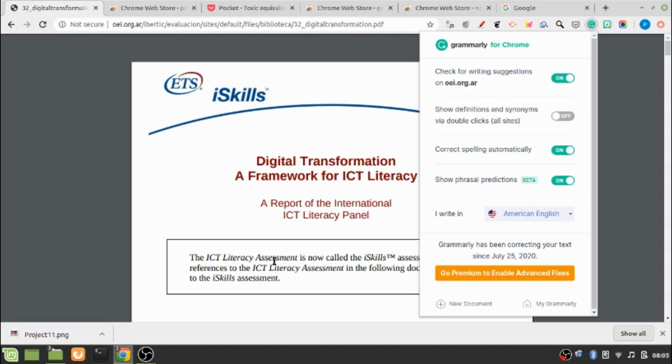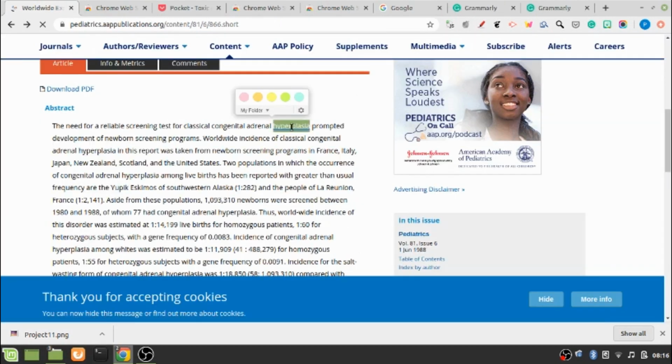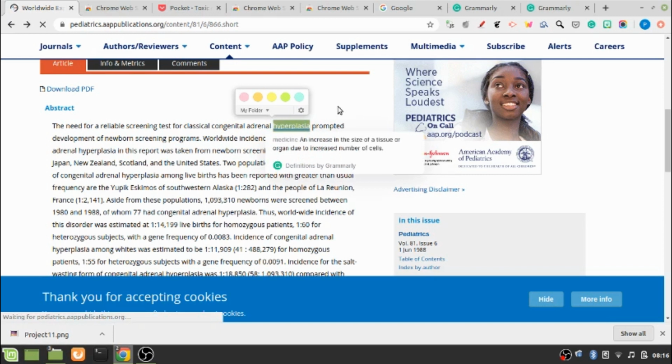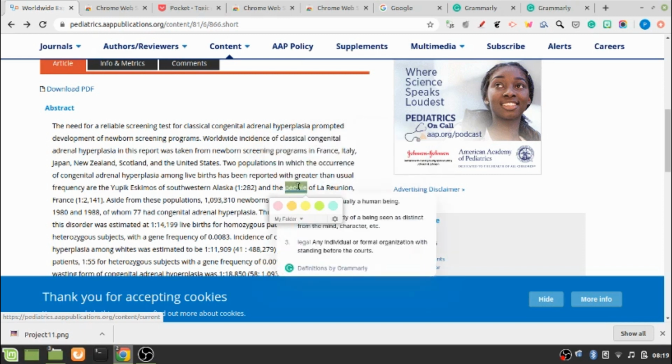So now here on this page I am reading this page, and then there's some word that I don't understand and I want to look for this word. So if I click on the word, Grammarly will show me the definition as well as the meaning of the word. Similarly, I can click on any other word, and it will show me the definition, meaning and more options for that word as well. So thus Grammarly proves to be a very useful and handy extension for all.